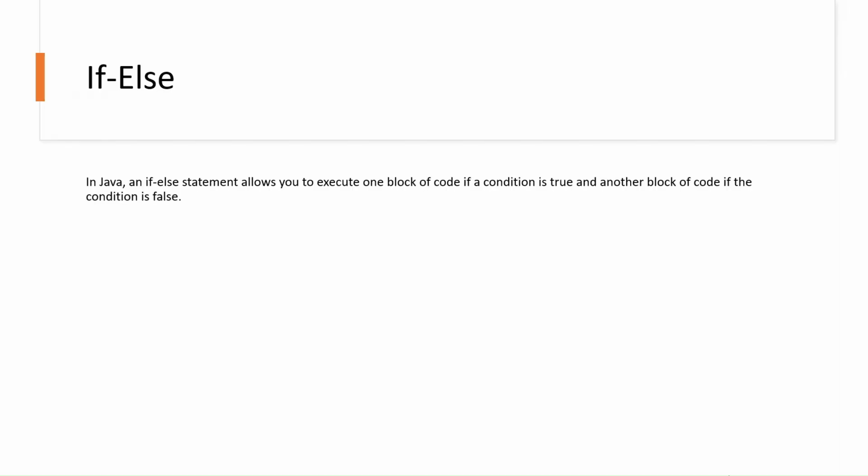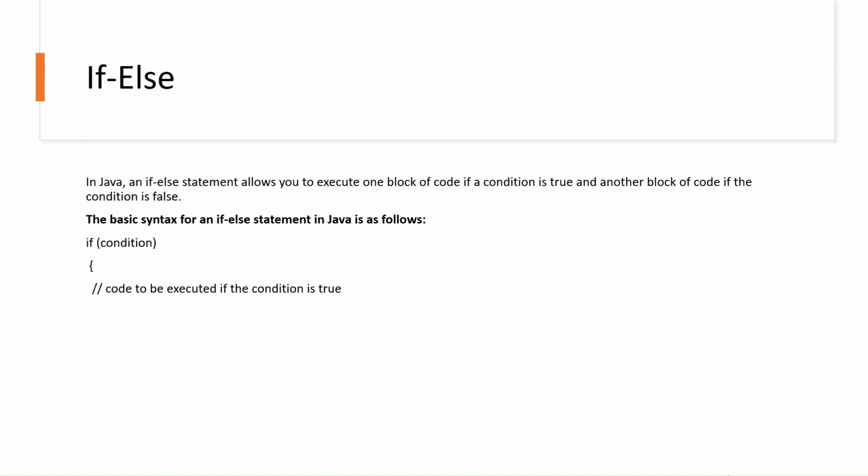If-else statement. In Java, an if-else statement allows you to execute one block of code if a condition is true and another block of code if the condition is false. The basic syntax for an if-else statement in Java is as follows. If the condition is true, then it will execute code inside if block, and if it is false, then it